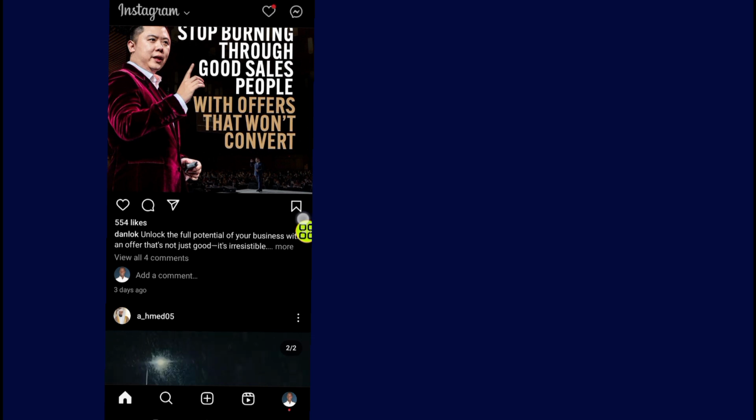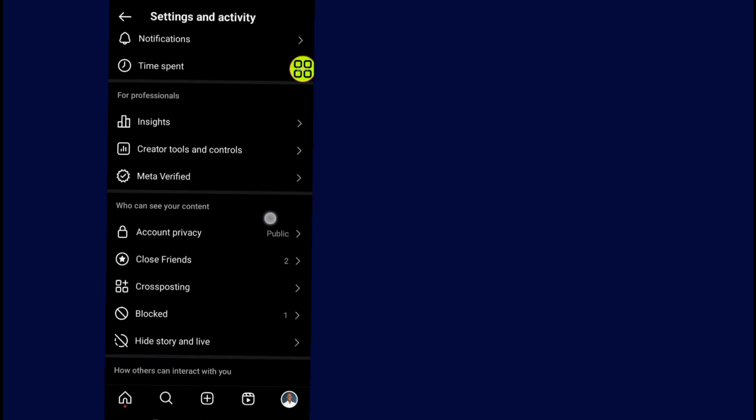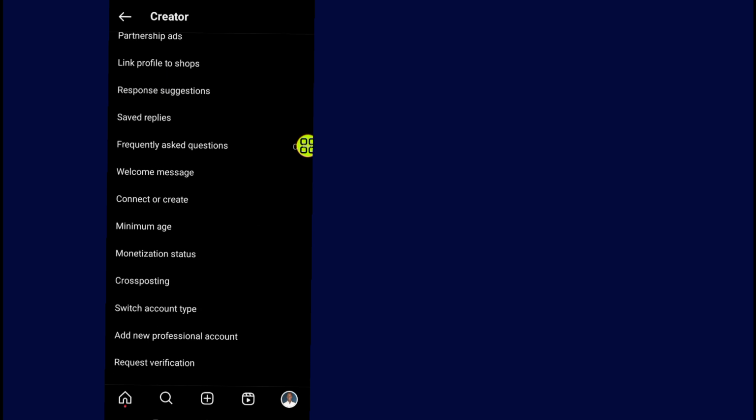First of all, after you open your Instagram, all you have to do is tap on your profile at the bottom right side. Then tap on this menu at the top right side. Now scroll down and tap on this creator tools and controls section. In this section, scroll all the way down and tap on where it says switch account